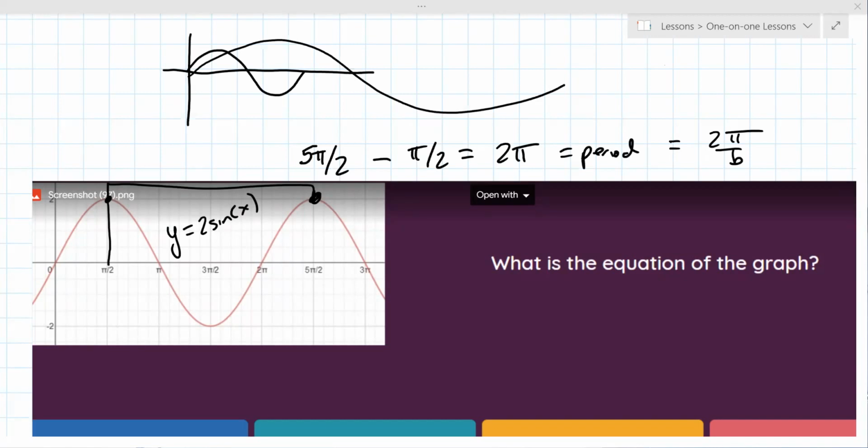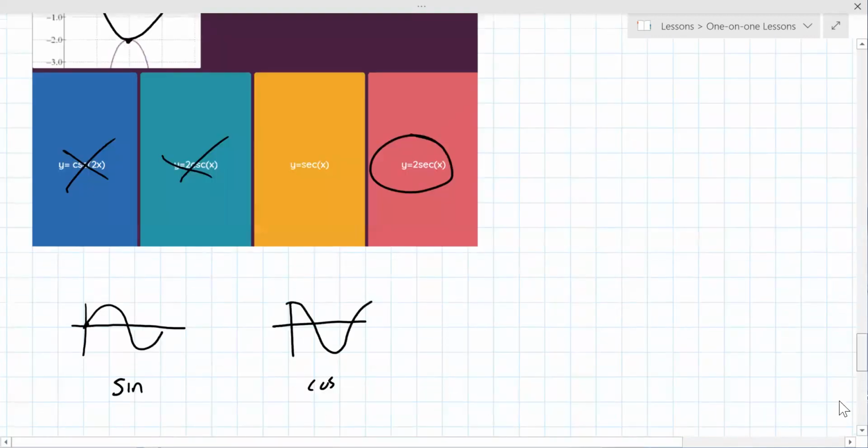Yeah, this one's a little harder because it's shifted out to the right, but you could still say that it started. Well, there's actually a couple of possibilities here. Oh, well, this one actually is a tangent or a cotangent. The way you decide that is, I mean, you can obviously just graph it in Desmos, but